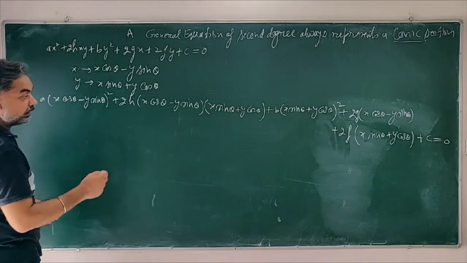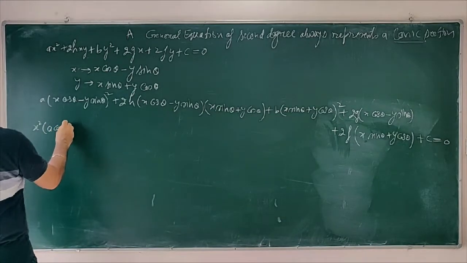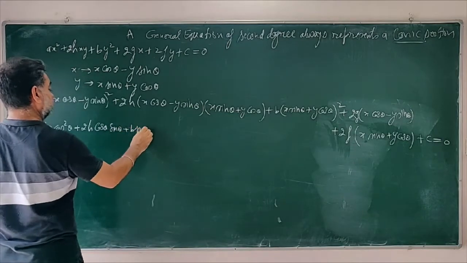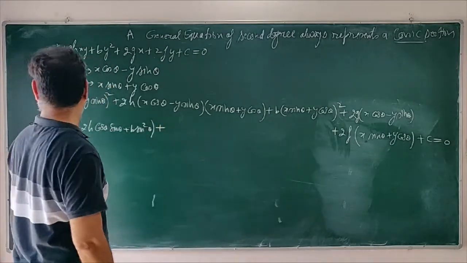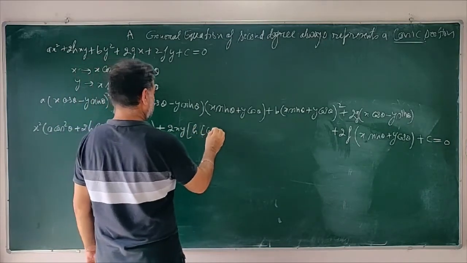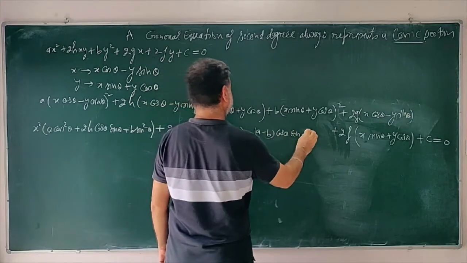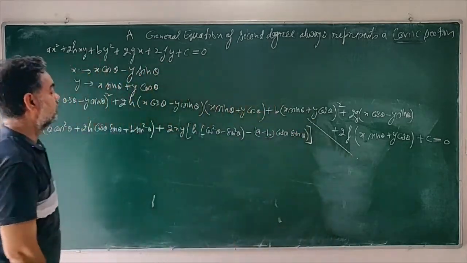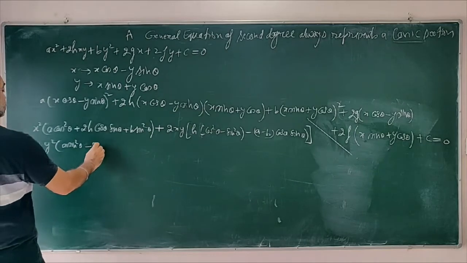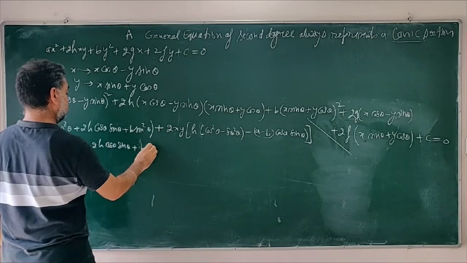If you rewrite this equation, it would be of this type: x square into (a cos square theta plus 2h cos theta sin theta plus b sin square theta), plus 2xy into (h (cos square theta minus sin square theta) minus (a minus b) cos theta sin theta), plus y square into (a sin square theta minus 2h cos theta sin theta plus b cos square theta),